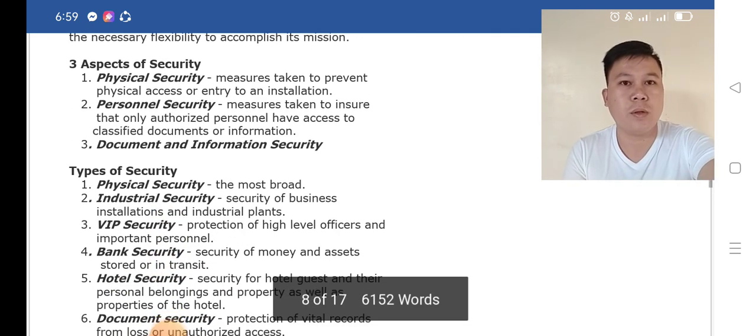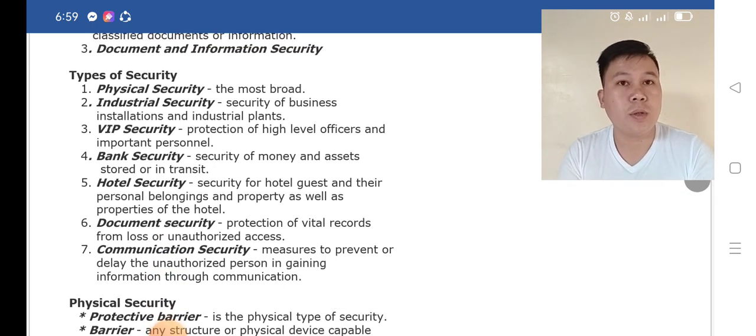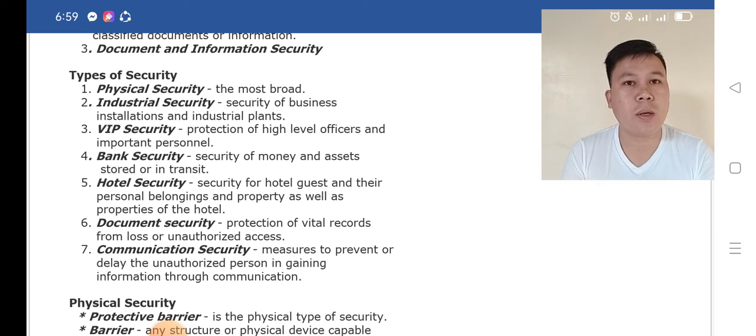So meron din tayong types of security. So, ito, marami ito dun sa kabila. So, physical security, industrial security, VIP security, bank security, hotel security, document security, communication security. So, yan ang ating